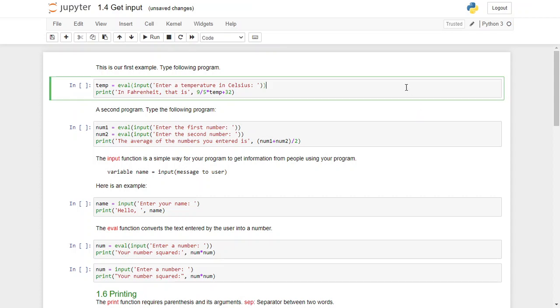In this video, we're going to work on getting input from the user. So it's going to be an interactive application. This is going to be our first example. Just type this code. What happens is we will use the input method to actually ask the user, please enter a